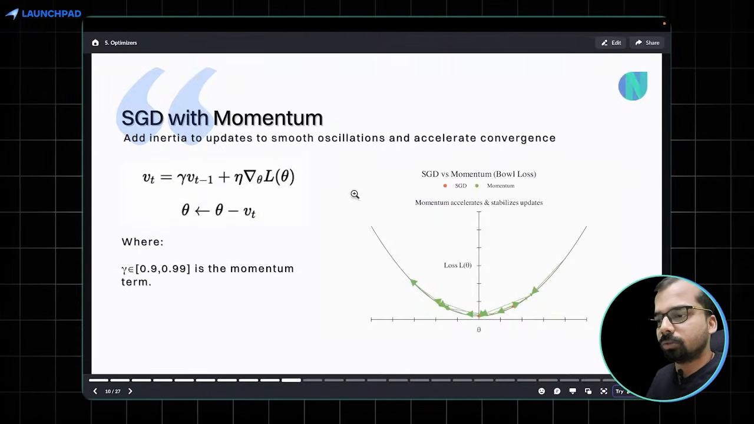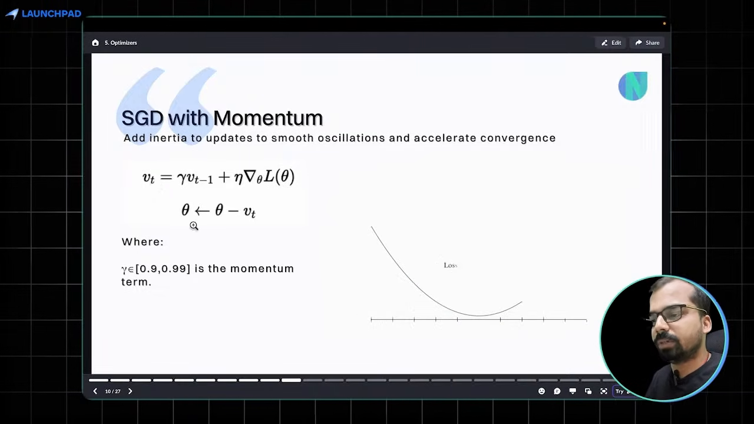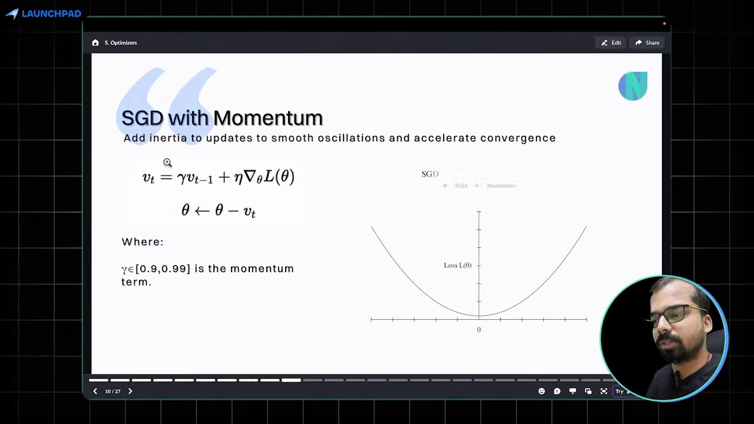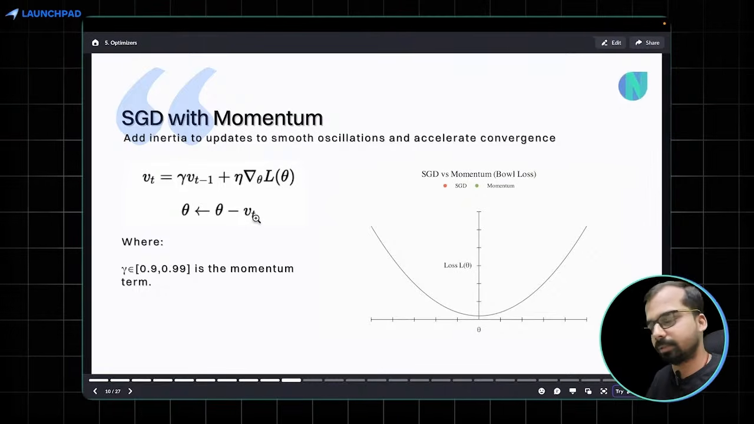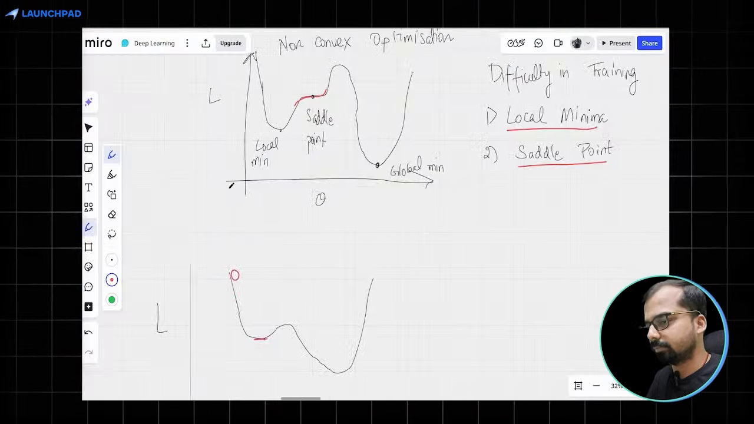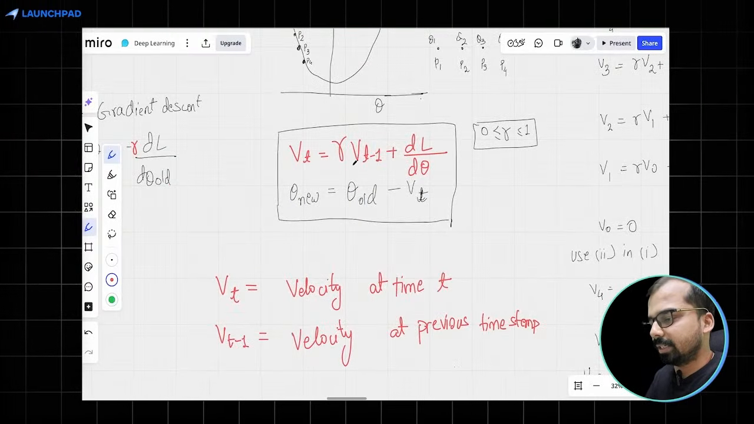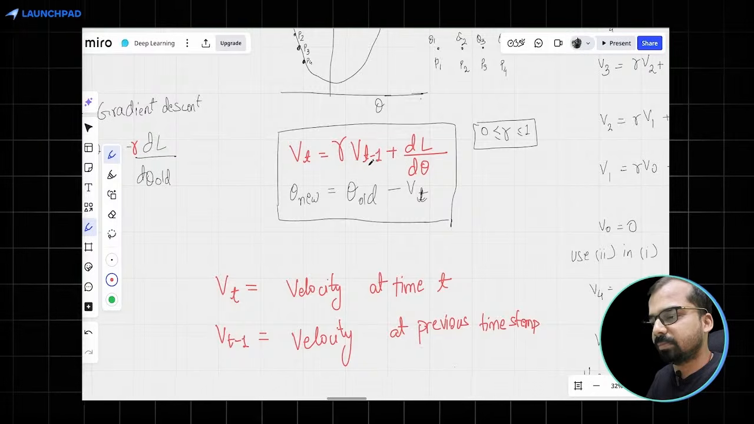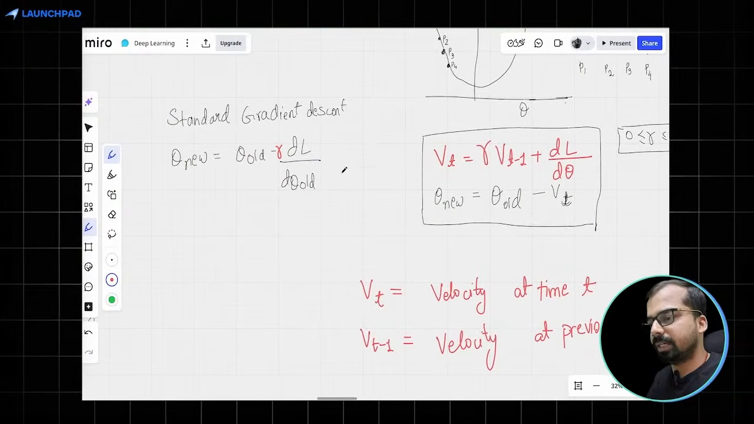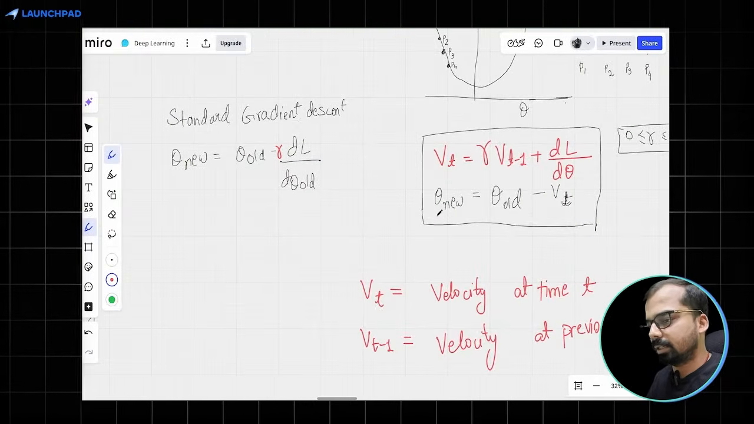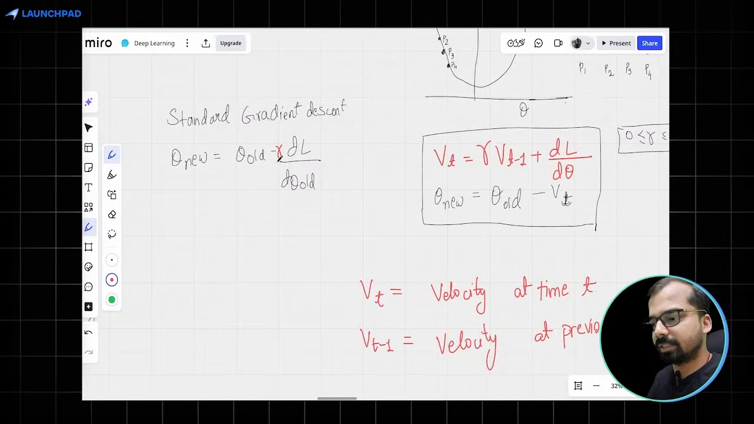All right. So the equation for SGD with momentum is that we have two equations now. One is for calculation of velocity, and the second one is actually for the weight update. So let's come over here. Velocity at time t is equal to gamma times previous velocity plus dL by d theta. If you compare it with standard gradient descent, theta new was theta old minus gamma, the learning rate. This is the learning rate,